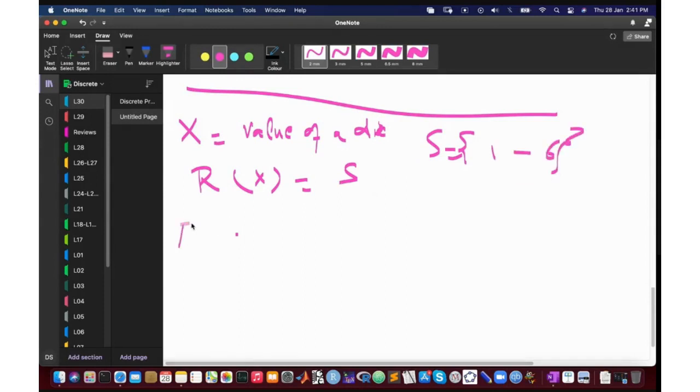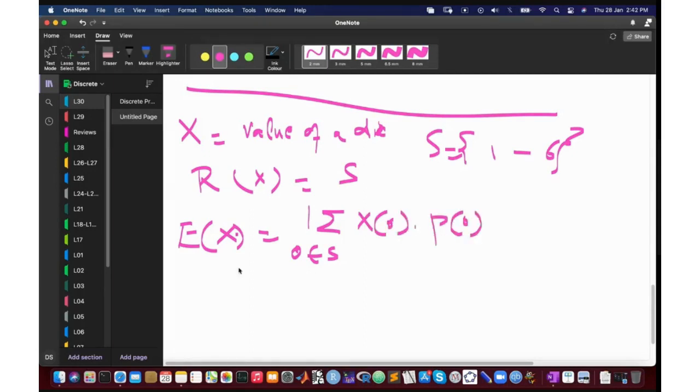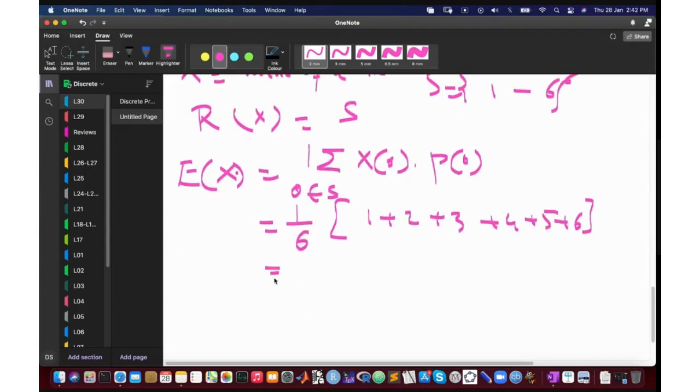अब मेरे एक्सपेक्टेशन कंप्यूट करनी है एक्स की, तो एक्सपेक्टेशन would be, sorry, it's the sum of x of o times the probability of o, over o in my sample space. Okay, the probability of o is 1 over 6 for all of them, right? Uniform experiment. And the sum of these values is 1 plus 2 plus 3 plus 4 plus 5 plus 6. Okay, you will see that this thing turns out to be